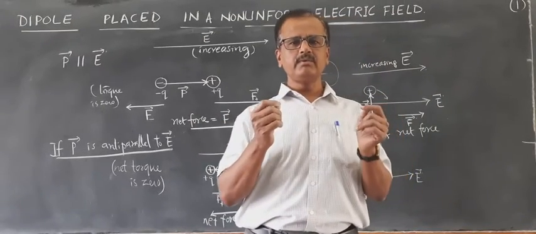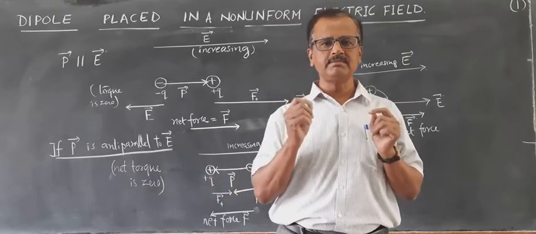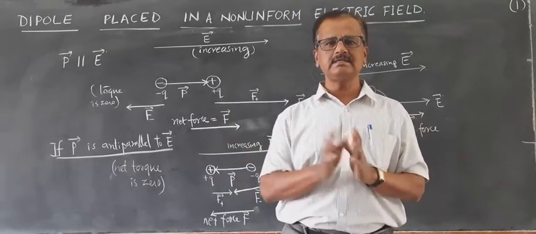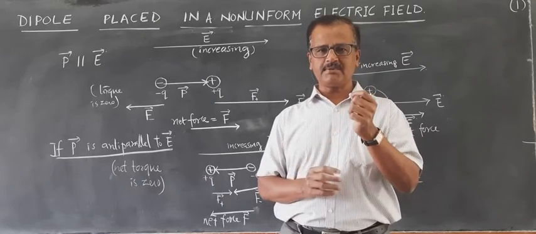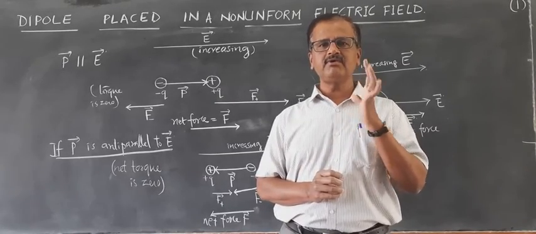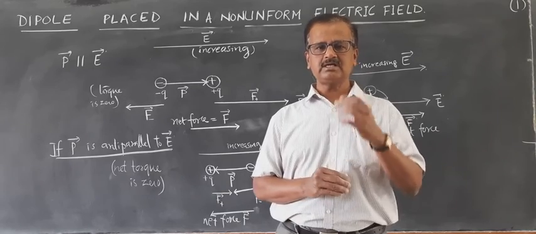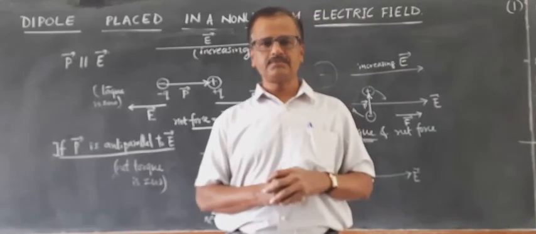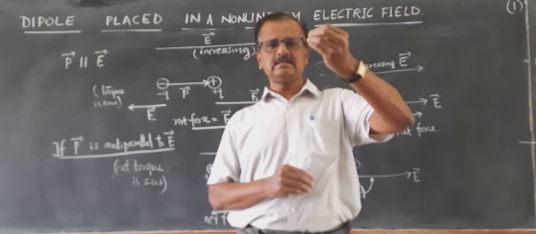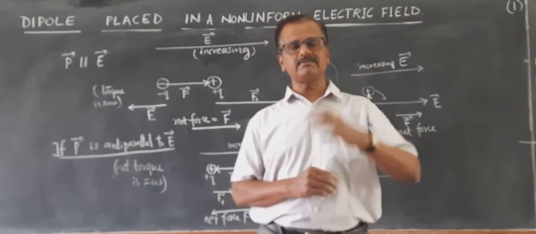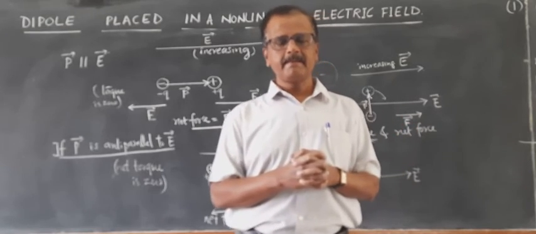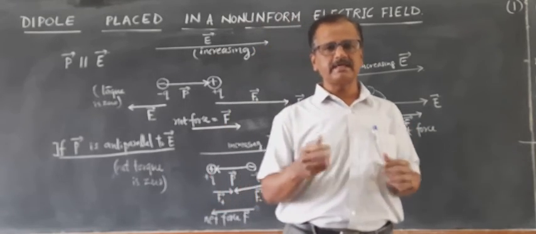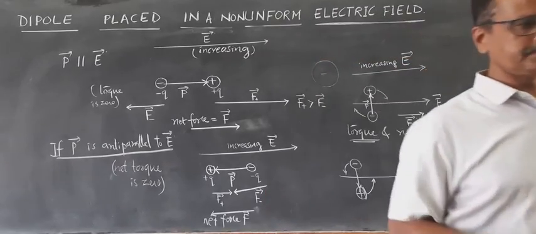Okay. Now, before I conclude, we would like to solve one simple problem. The problem is not based on this dipole. The problem is of a charged particle in a uniform electric field, like let us say an electron. What happens when an electron is taken in a uniform electric field? How does it accelerate? And what is its time of fall? Let us calculate one simple example.